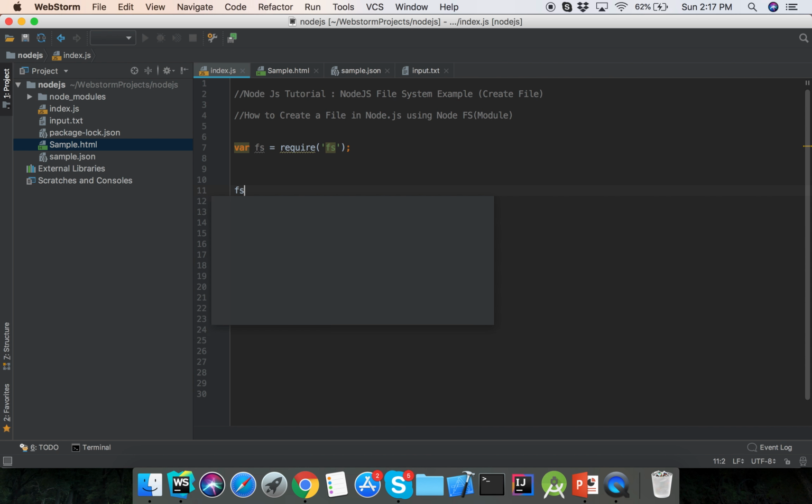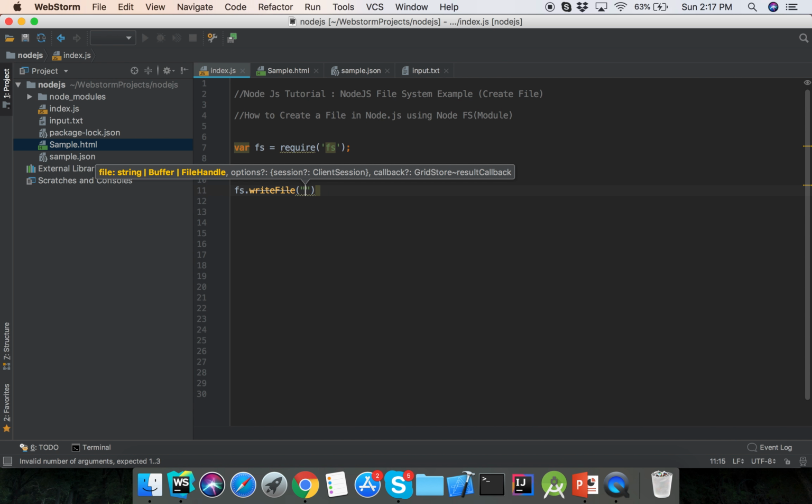So fs.writeFile. The fs module's writeFile creates a new file. The first parameter is newfile.txt and the second parameter is the content. Suppose the content is "learn node